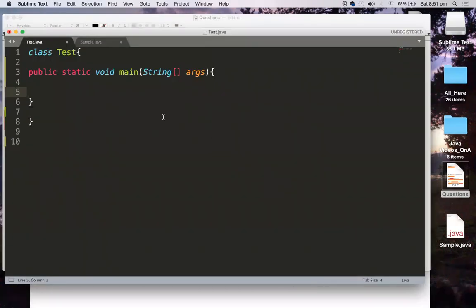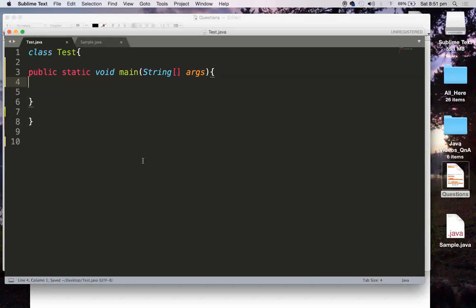I'm back to my test class Test, and I have my main method. In my main method, we have the string array args. We have understood the string array args in the previous question. And here in the method block, the business logic goes. Usually we will invoke the methods, but here the thing is how command line arguments are used in Java.